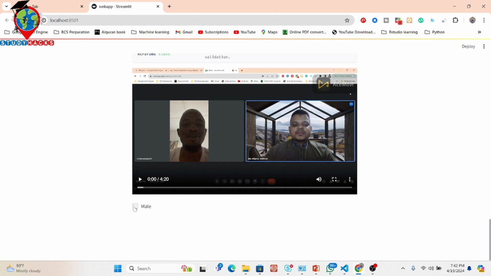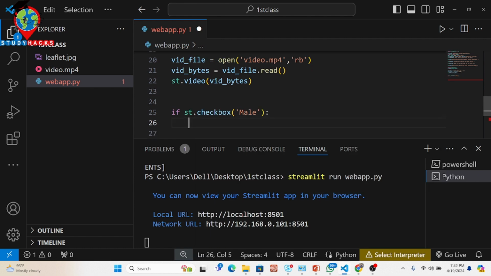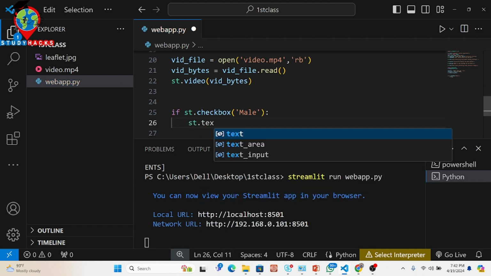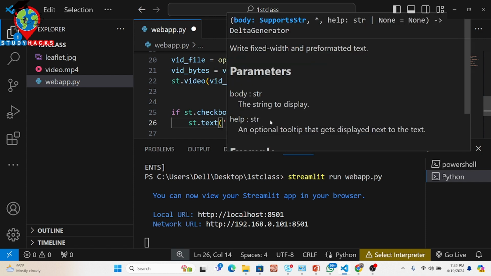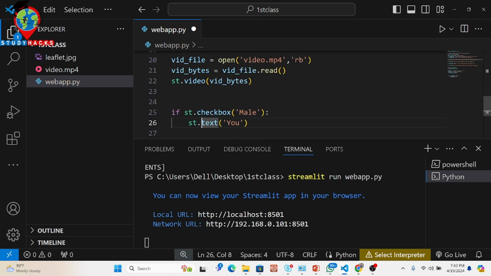Suppose I click on this male, then what happens? I want to show that when I click on this male, it shows you are a male. For that, we also need the help of an if statement. I simply put here if, the checkbox male, and then put the colon. Then what will be printed? For that, st.text. You can simply put here any message. Suppose you are a